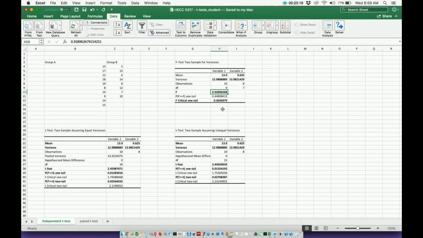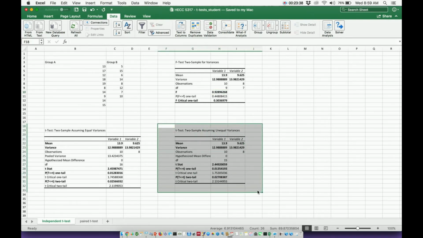That is not what we have here. Here my F value is actually greater than my critical value. 0.9 is definitely bigger than 0.3. So in this case, I actually have to reject the null hypothesis that the variances are equal and assume that they are unequal. Even though there's not much of a difference between these corresponding p-values, regardless of whether it's one-tail or two-tail,